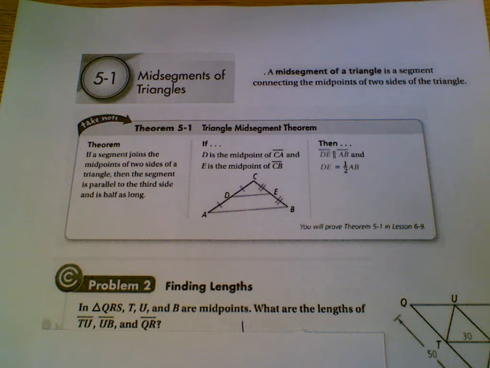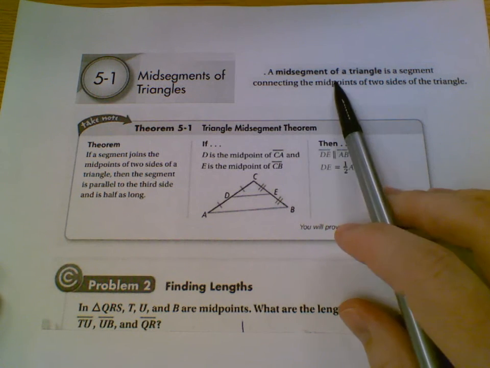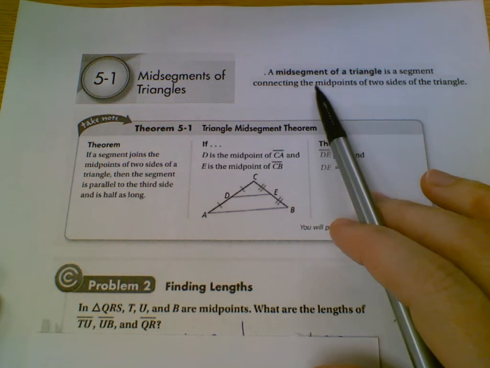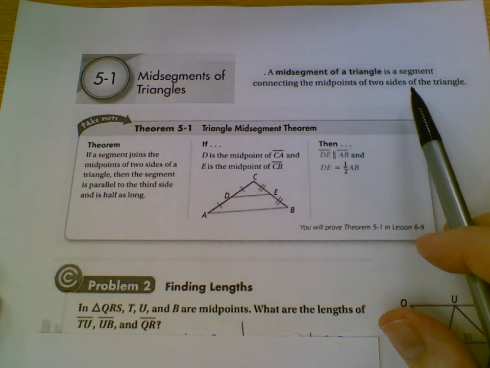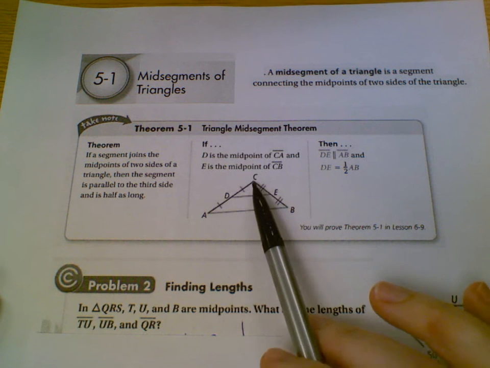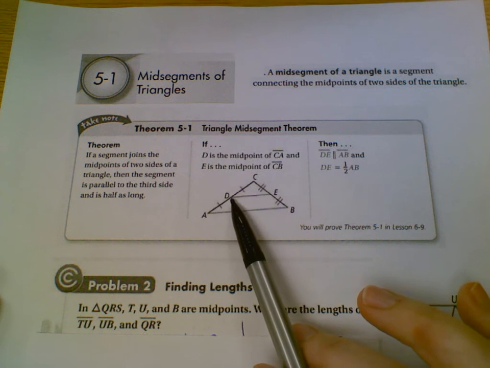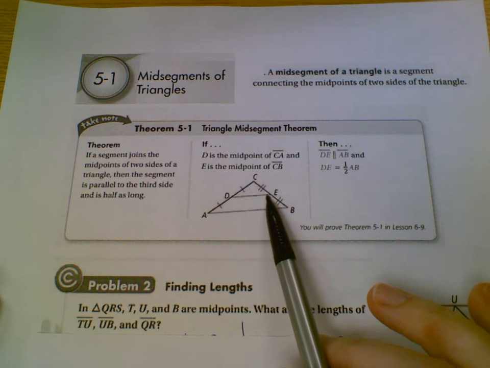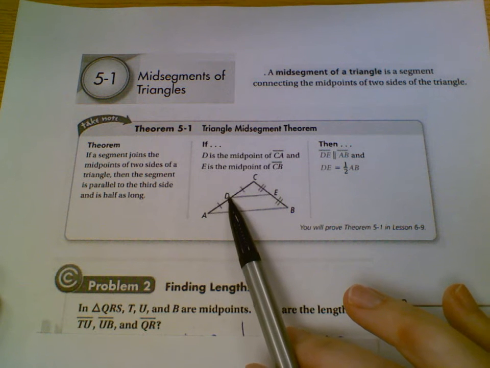Chapter 5 is still dealing with triangles, and in the first section we're dealing with mid-segments of a triangle. A mid-segment of a triangle is a segment connecting the midpoints of two sides of the triangle. So for example, in this picture down here, DE would be my mid-segment because it's connecting the midpoints D and